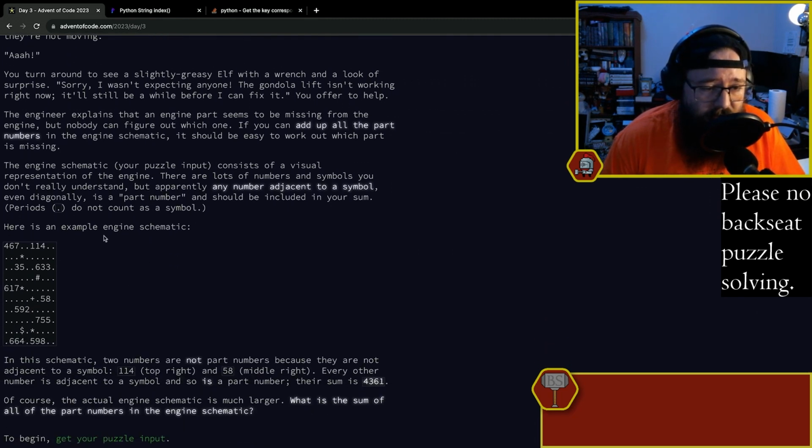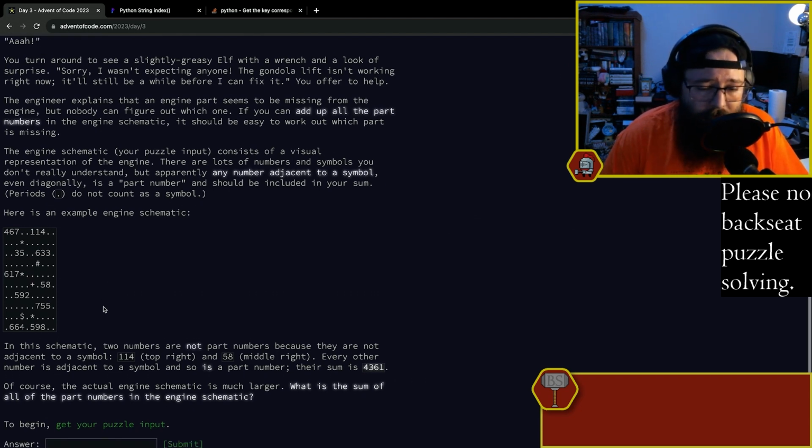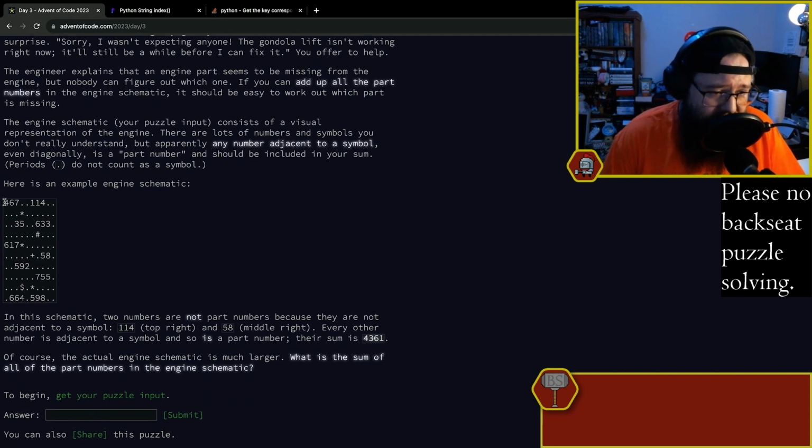So here's an example of an engine schematic. In this schematic, two numbers are not part numbers because they are not adjacent to a symbol: 114 and 58. Every other number is adjacent to a symbol, and so is a part number. Your sum is 4361. Okay, so we have to parse this